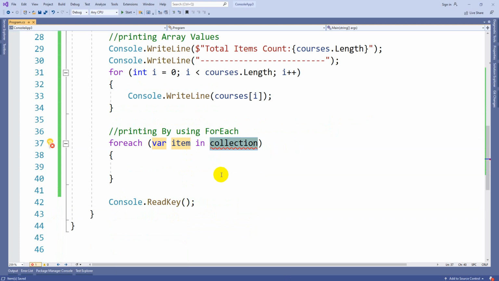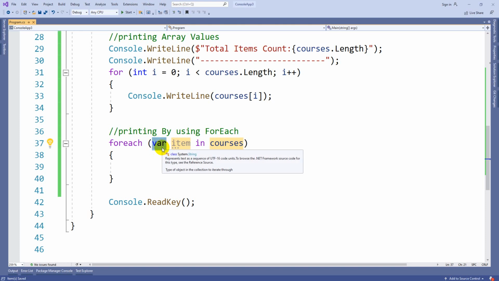Collection in the sense, even an array is a collection of elements, right? So you can use arrays like this. Here I am giving the courses. Instead of var, you can use the data type of that particular collection. My collection type is string.